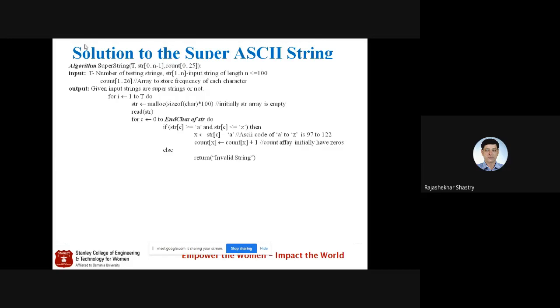Then we have to verify if this string character lies between a and b, then you accept it. Otherwise, you go to the else part. Important here: you go to the else part and say that it is invalid. That means the user has to type only a string which contains lowercase alphabets. If the user has typed anything other than lowercase letters, it will directly go to the else part and print